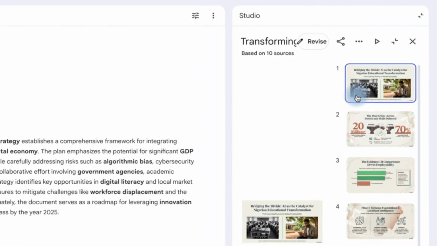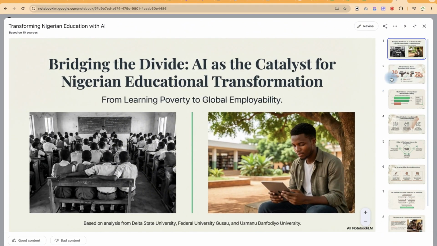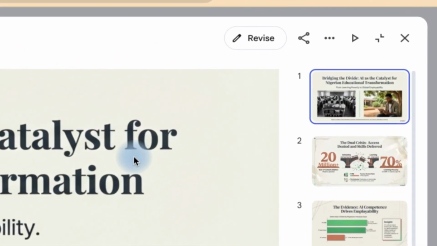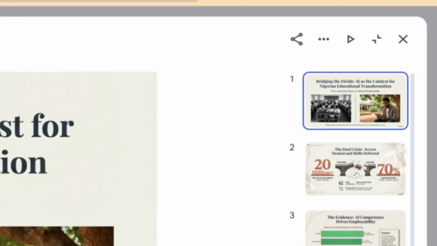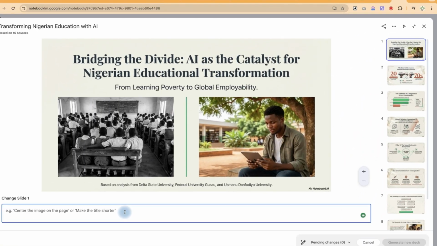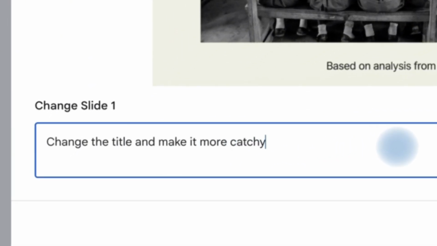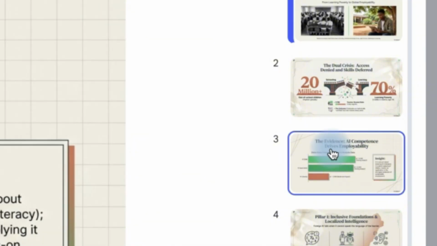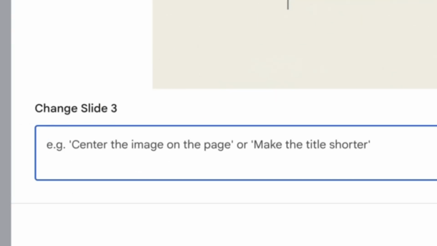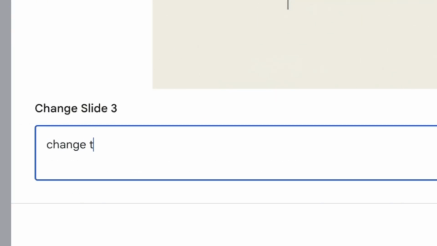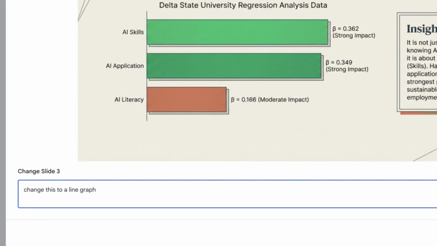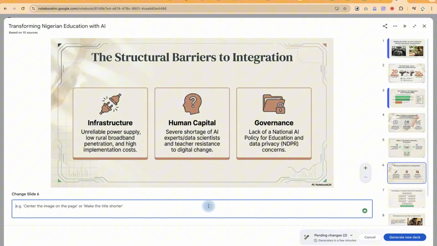Now the second update is that you can now revise any of the slides depending on your choice. For example, "Bridging the Divide: AI as the Catalyst for Nigerian Educational Transformation." You can go ahead and click on revise, and ask it to change the title and make it more catchy. For this particular slide, you can move to any slide and it can give you a revision directly. For example, change this to a line graph, and then you can come down here and make it visually